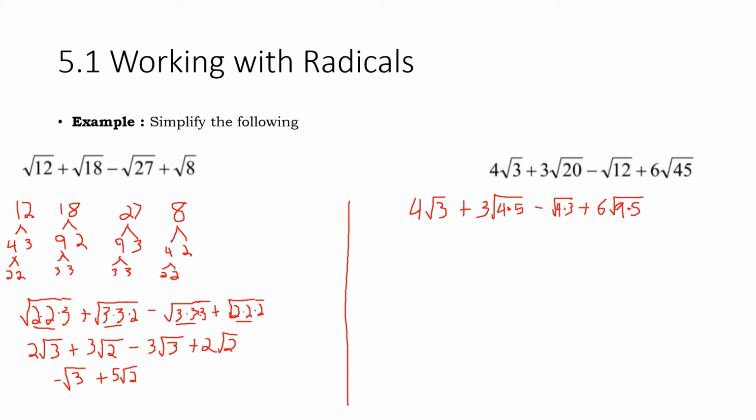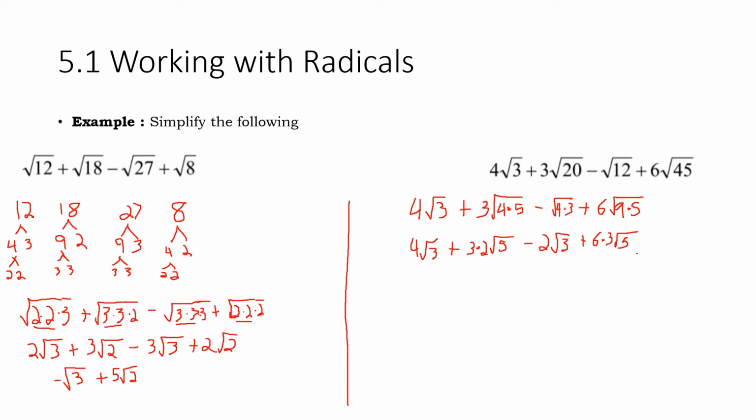So let's bring out those perfect square factors that we just isolated. And we'll have 4 root 3 plus, it's going to be 3 times 2, because we're square rooting 4, and it comes out as a coefficient of 2. You're going to have to multiply those two together. It comes out as a multiple for the coefficient. And then what's left under the radical is 5. Do the perfect square of the 4, and we're left with a root 3. Do the perfect square of the 9, and that's a 3